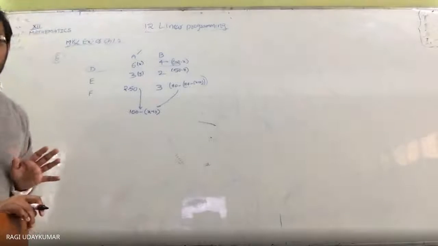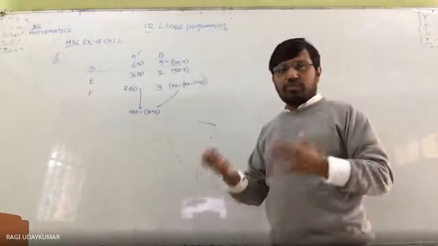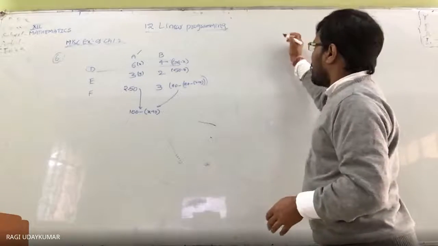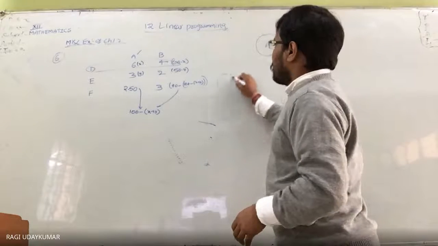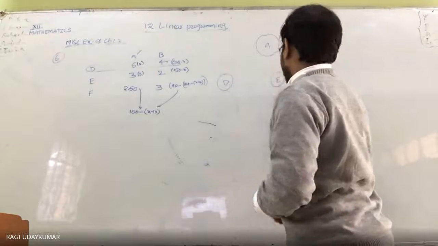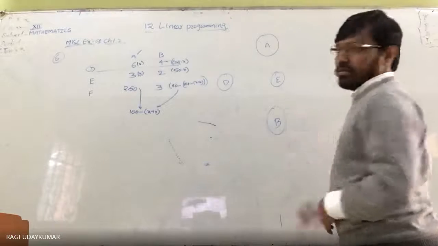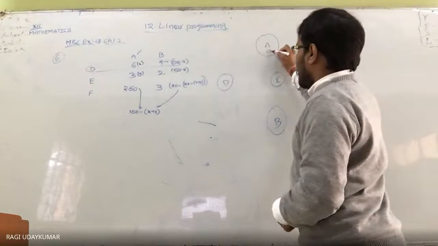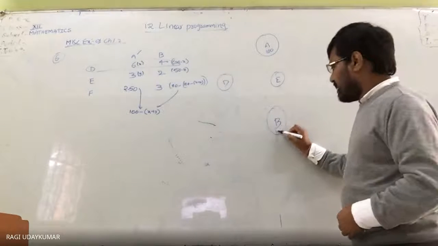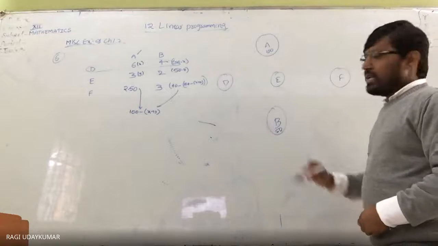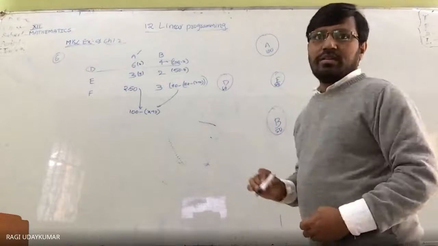This may be a bit confusing. If you want to represent the transport from one place to another in a diagrammatical form: here are godown A, and D, E, F, and here godown B. This godown has 100 quintals, and this one has 50 quintals. The requirements are 60, 50, and 40.